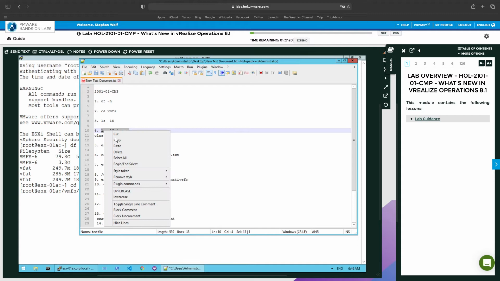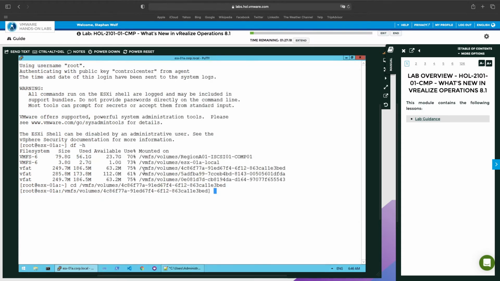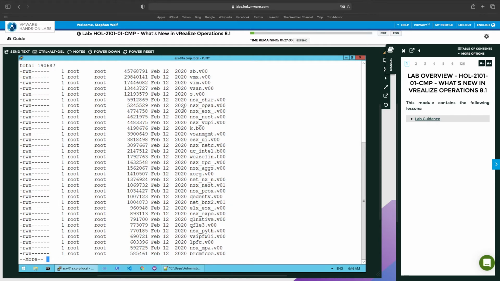We do this with a special command, and this command is ls -l uppercase S, space, pipe, space more. Enter. So then we see here all the files sorted from the biggest to the smallest, and we grab as an example here, for example, the qlnative driver. For sure you should choose the biggest possible that you can remove, and you see here some of these bigger ones are already NSX